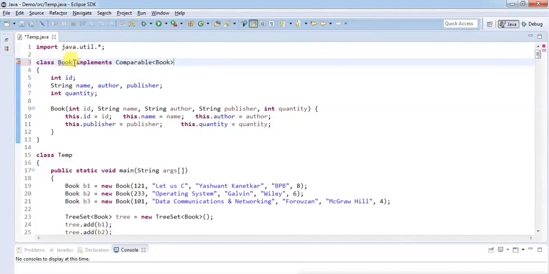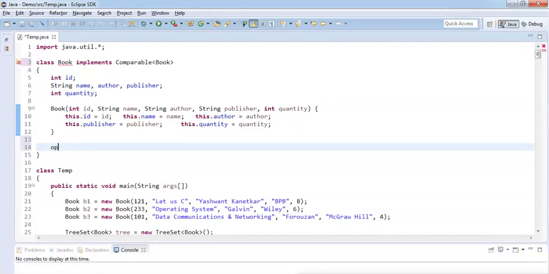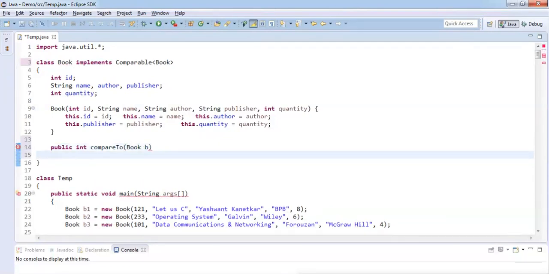Right now it's giving an error. It's saying that the comparable interface has a method called compareTo, and you're not implementing that. So let's implement that. public int compareTo(Book b).